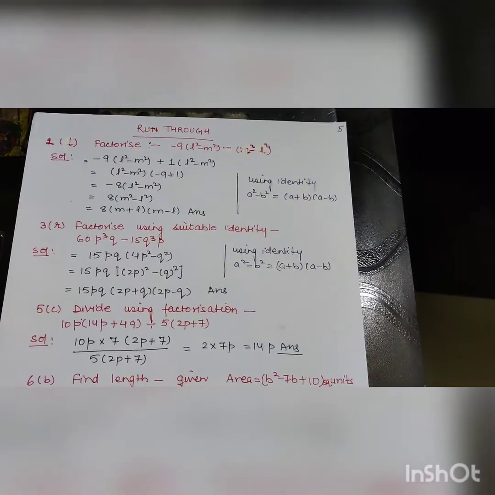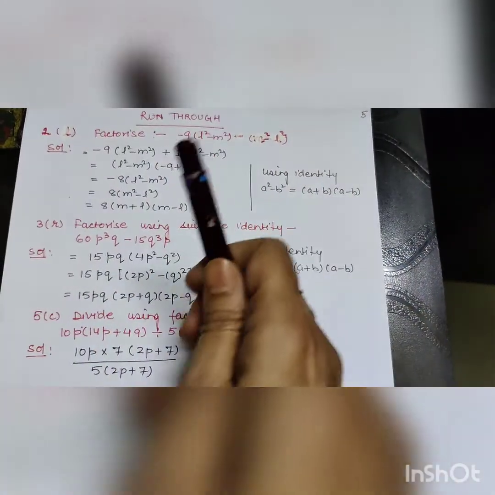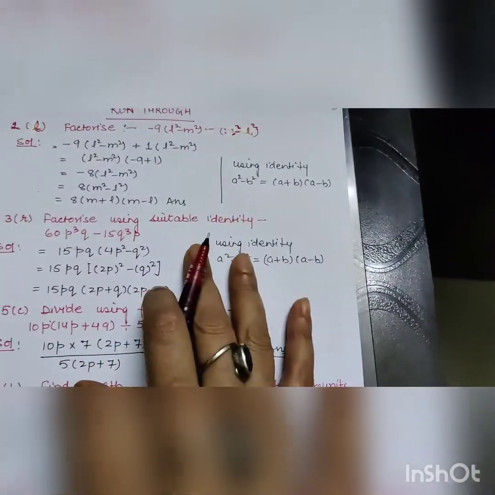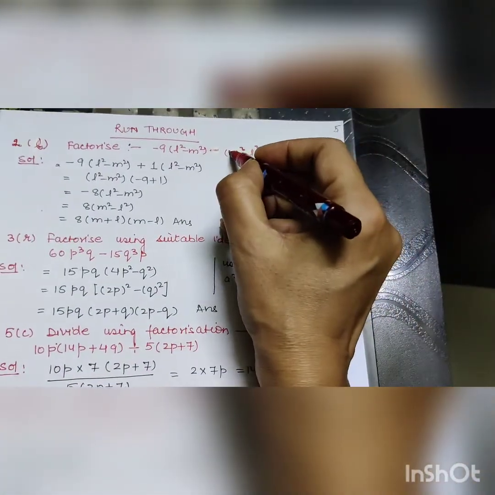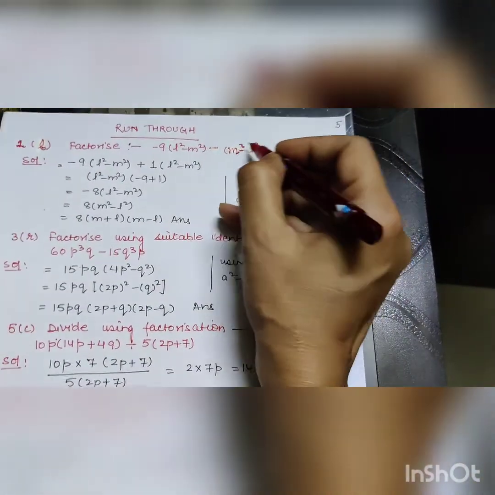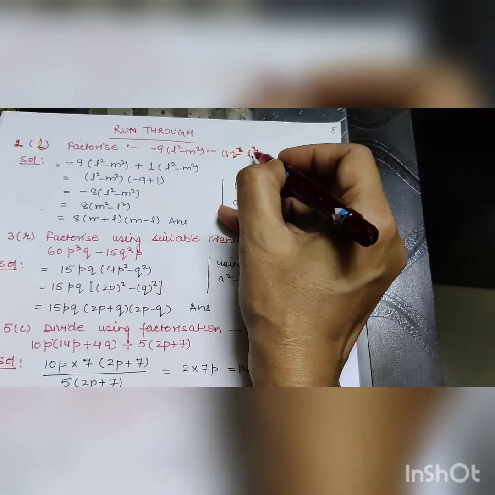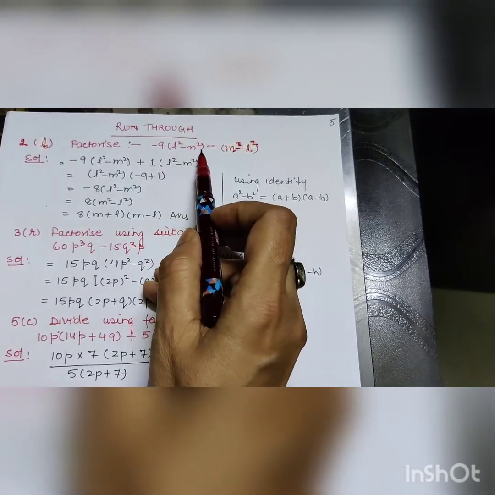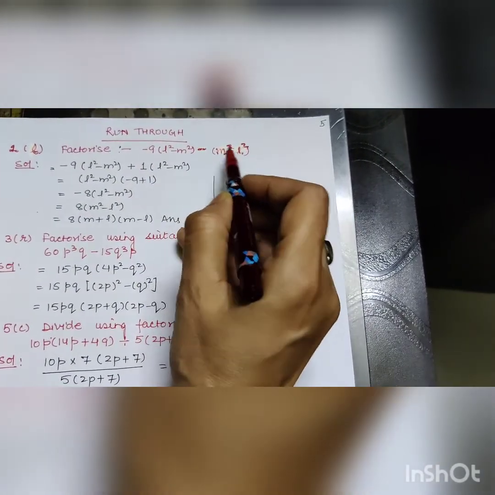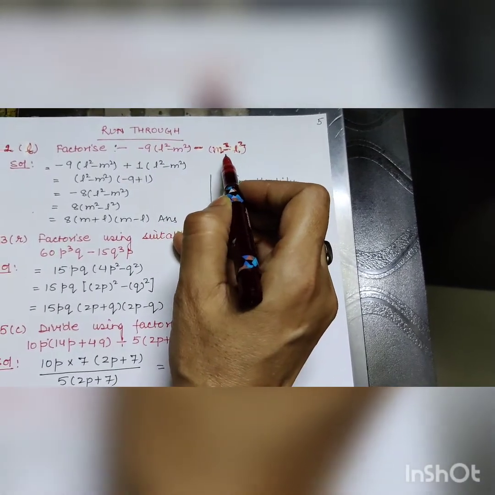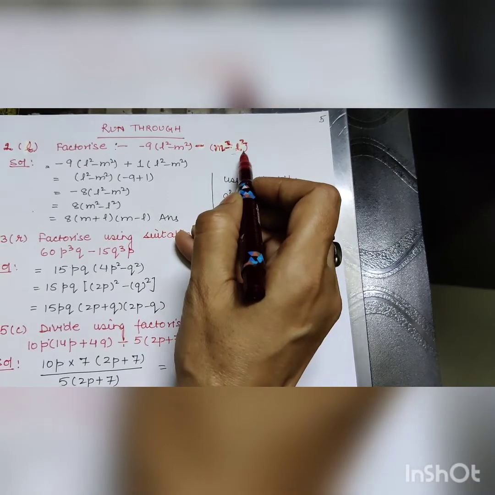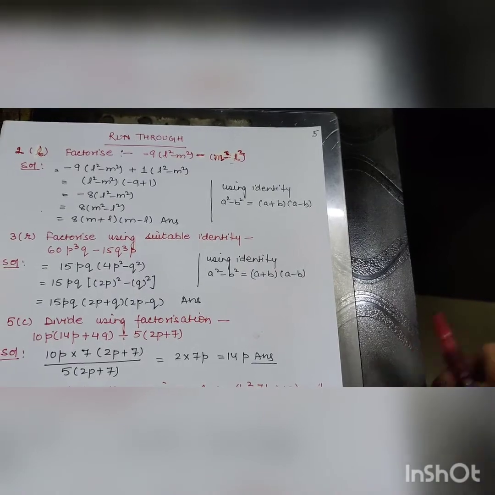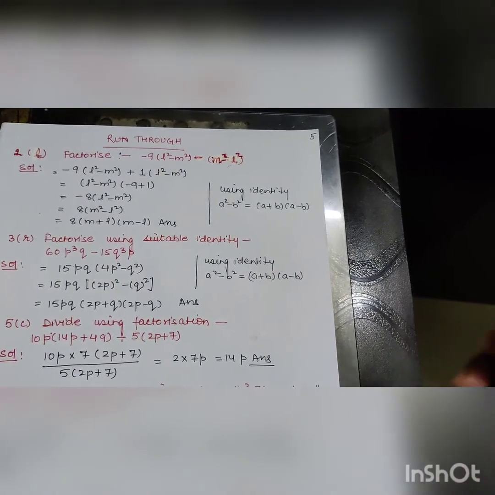Now we come to the run through. So in run through, we are going to do question number 2, L part. All right. And it is: factorize minus 9 L square minus M square minus M square minus L square. This is M square minus L square. Now you can see here that L square minus M square and M square minus L square,